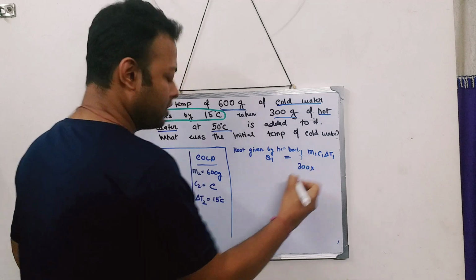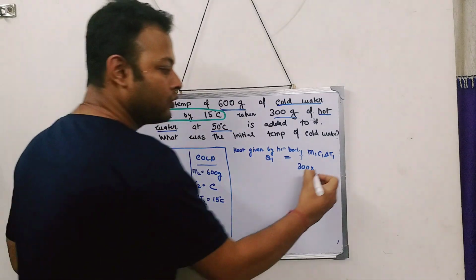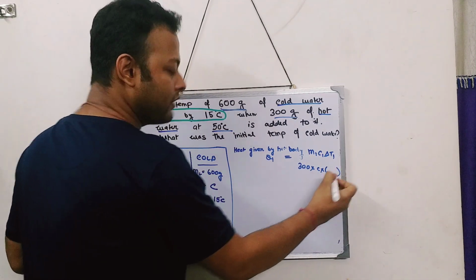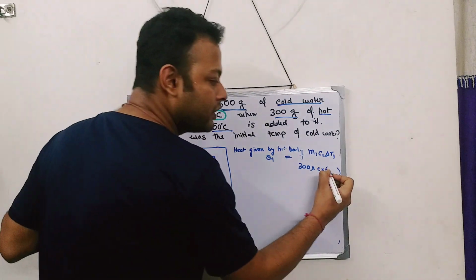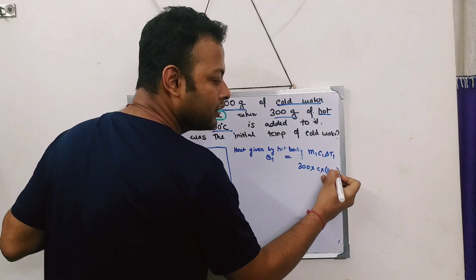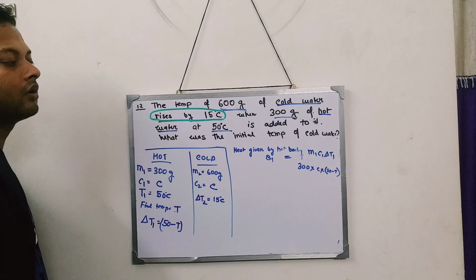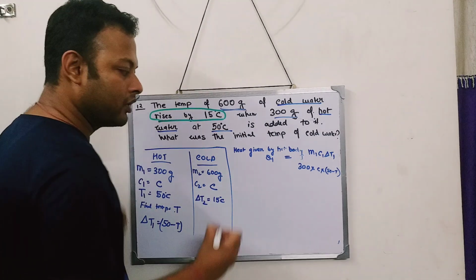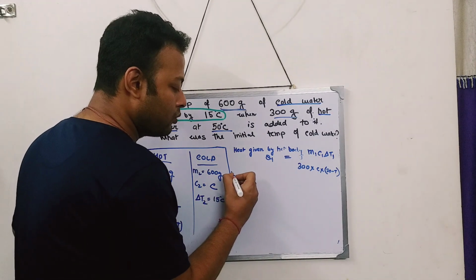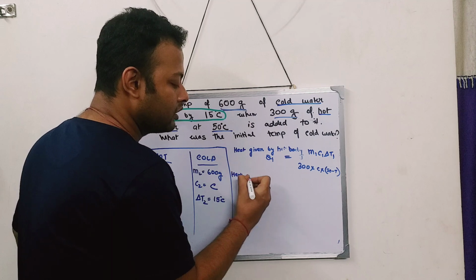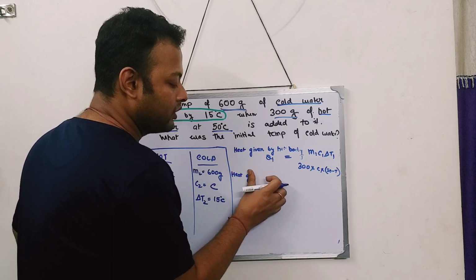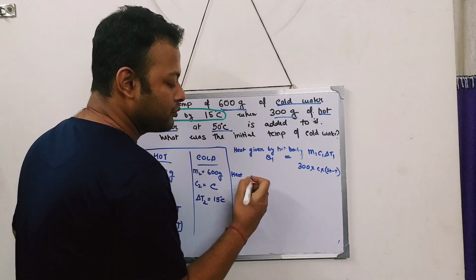Specific capacity we don't know, and delta T value is how much? 50 minus T. This is the value. This is the heat given by the hot body. Now second thing, what is the heat absorbed